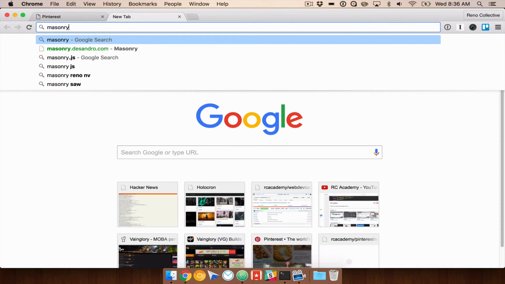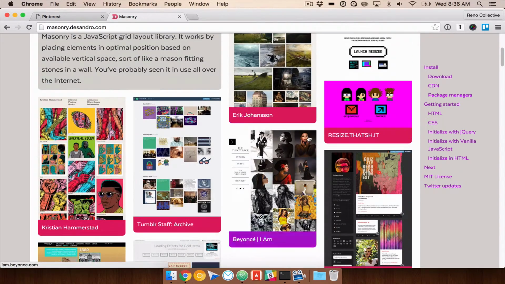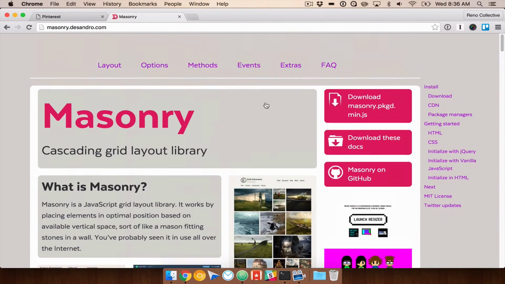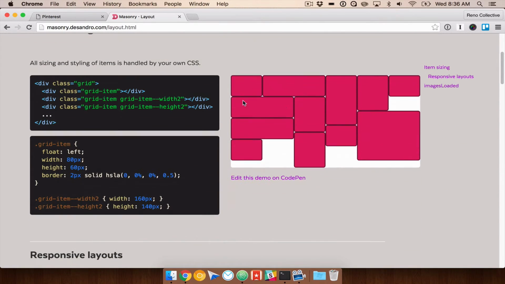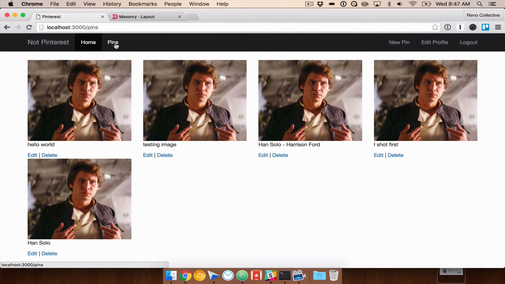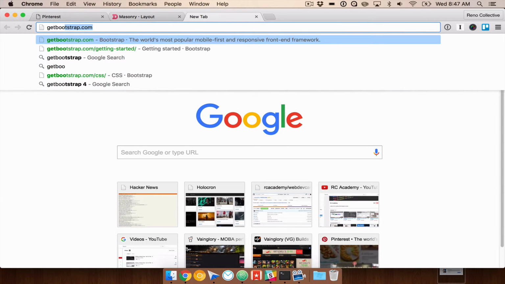But what we're going to be using is masonry, and masonry will give us this kind of tile grid format that we're looking for. If we look at some examples here, you can see that these tiles will automatically shape and form to match whatever layout allows for them. So with this grid, we're going to be able to display our images the way that we want. But right now, what we want to do is go grab our Bootstrap,